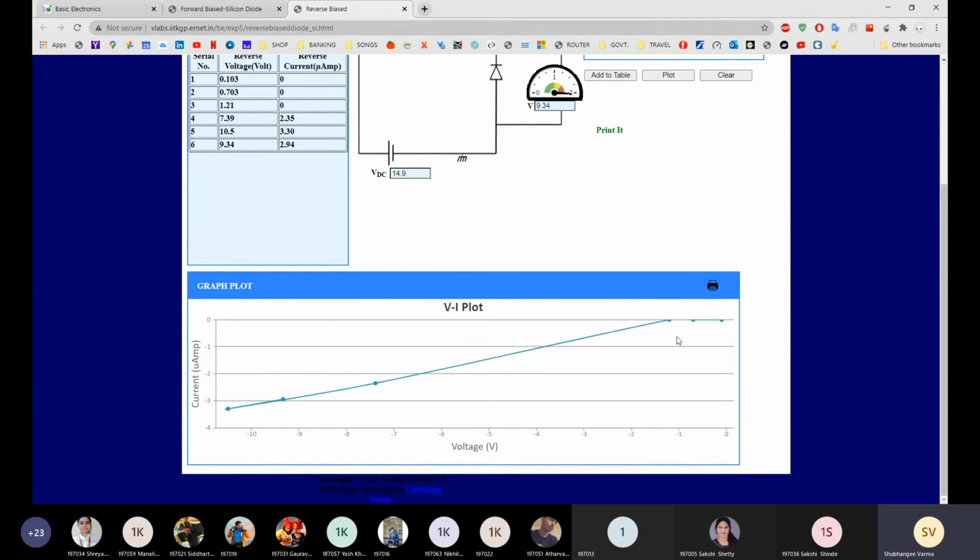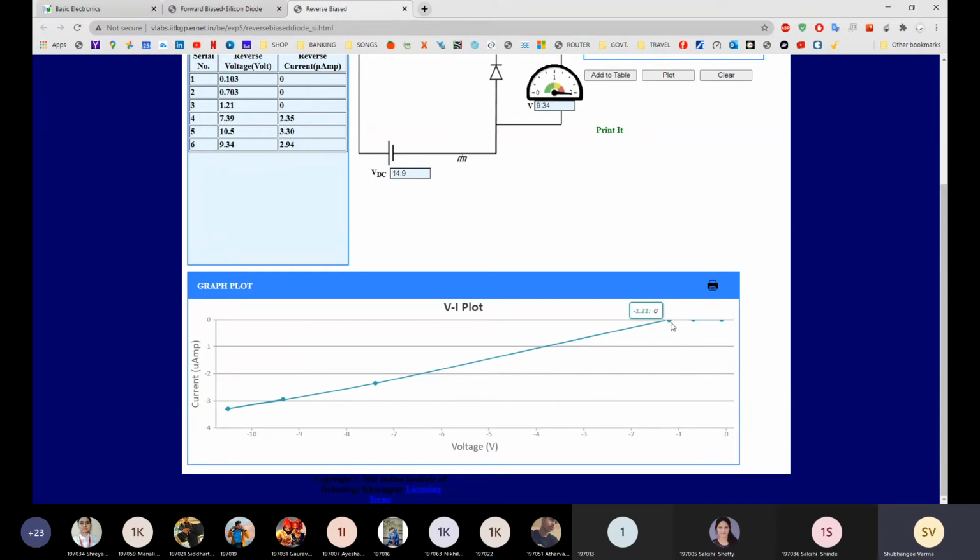Here you can see this characteristic will be in the third quadrant. It's 0 and the left-hand side is -1, -2, -3, -4, and your current is 0, -1, -2, -3. So you will get the characteristic in reverse bias.